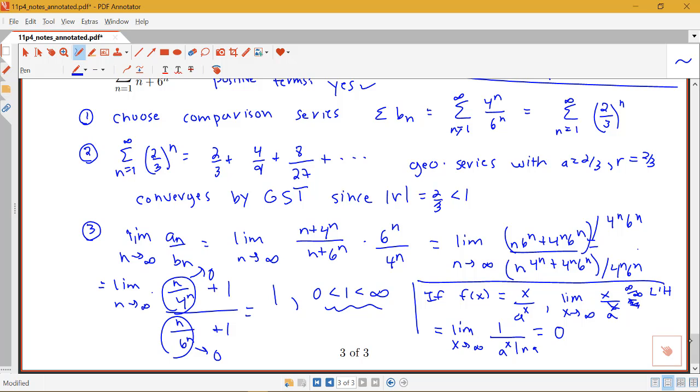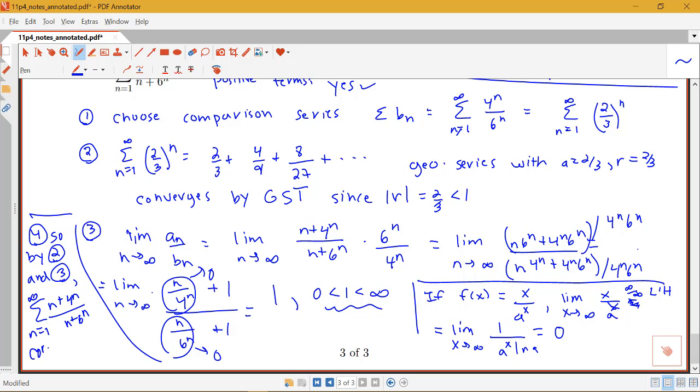Okay, so for our conclusion here, let me just clear out some space over here. So by 2 and 3, we've shown that our comparison series converges, and we did this limit to show that the terms of our two series are growing in the same way. So our original series, the sum of n plus 4 to the n over n plus 6 to the n from n equals 1 to infinity, also converges